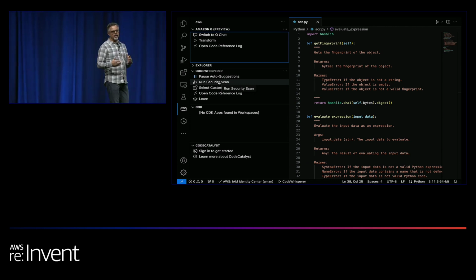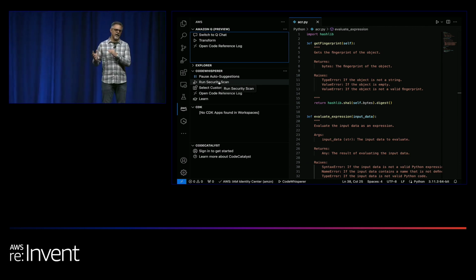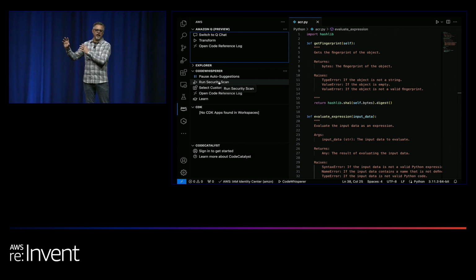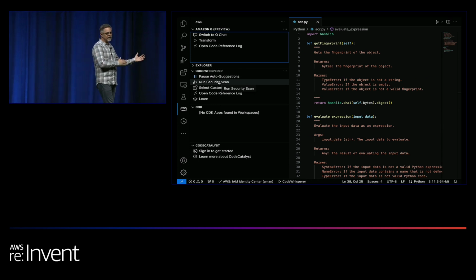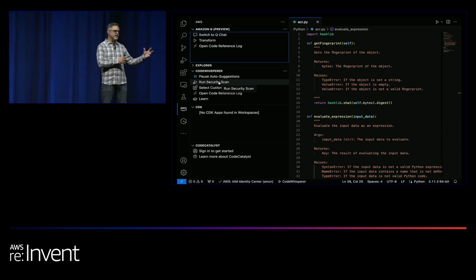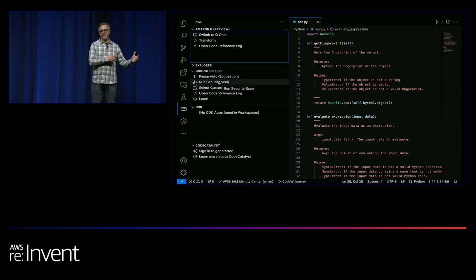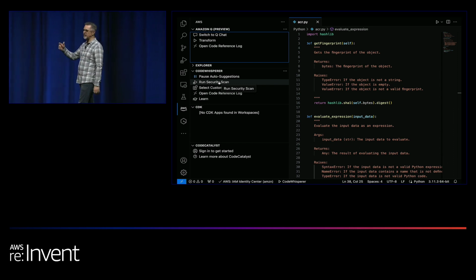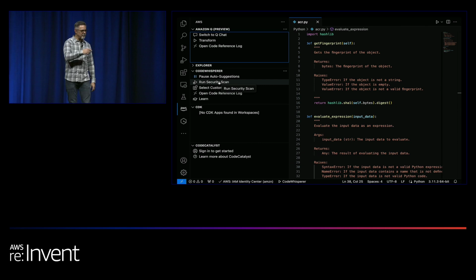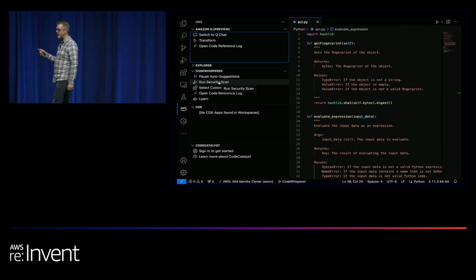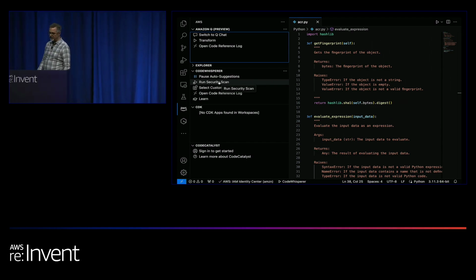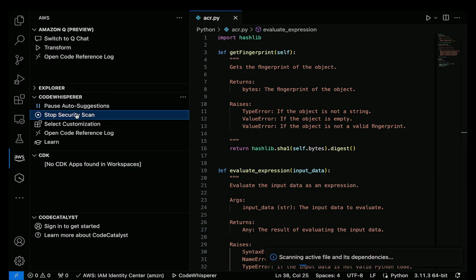And so what I want to do is, Ankur mentioned this shift left concept. Let's bring things that we would normally do as maybe part of a CI/CD pipeline or a part of a process, and let's bring that earlier in the cycle to put it in the hands of the developer so that they can do some of that work before it goes into that pipeline, so it doesn't get kicked back out of that pipeline and have to be done again. We want to make that pipeline go as fast as possible. So being able to do a security scan and say, I just want to run this security scan. So it's going to look at the code that I have here.